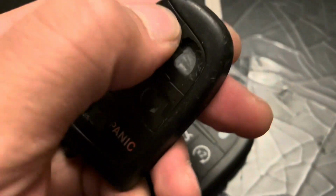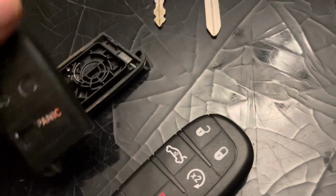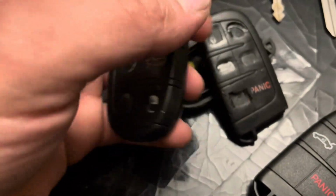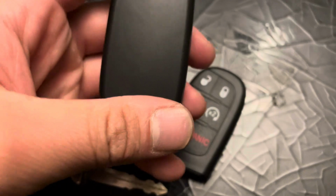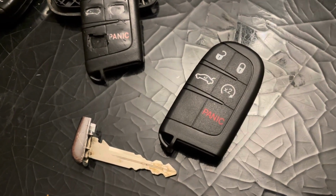None of this deteriorating cover anymore. I had two keys, two original keys. Both had the same issue. This is the first one I replaced. And now I have two functional keys. These were eBay keys, cost me $16 shipped to my